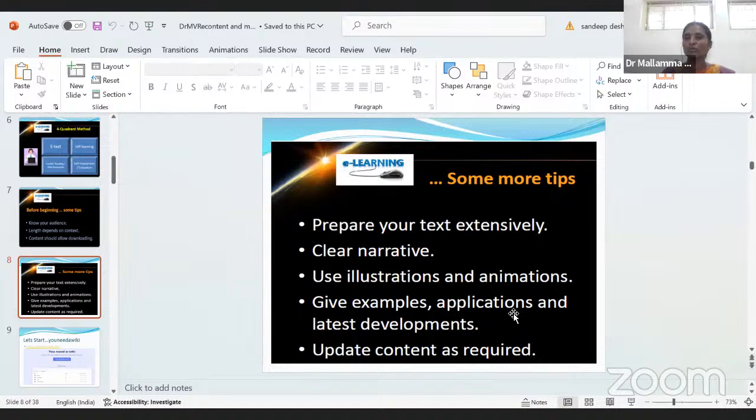So you should know, if you want to mention an example, you should know its application, you should know the latest development, you have to mention such an example so that the student can catch it correctly and understand it properly. In such a way you have to make your content. So update the content as required. It is not like if I give the example of telephone and that is trunking, trunk call, do you have any trunking thing now? Do you have anyone with a rotation of the thing?